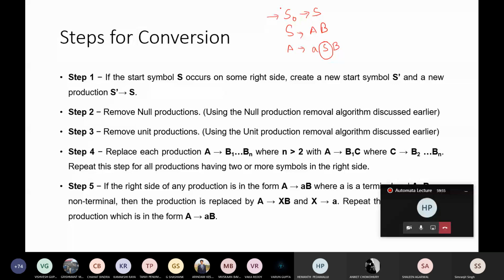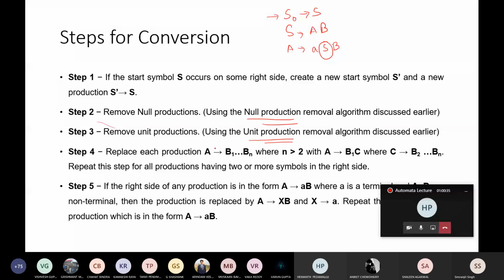Okay, so now step 2 and step 3 are also based on the same thing that we have already done. You have to eliminate the null production, and then you have to eliminate the unit production. You can also get rid of useless symbols; we have already studied these two, which is why I've included one extra. So only two steps are used here: your null production, as well as the third step, your elimination of unit production.